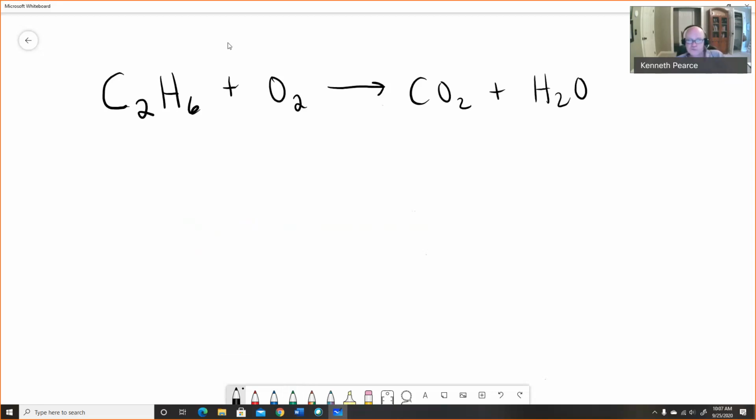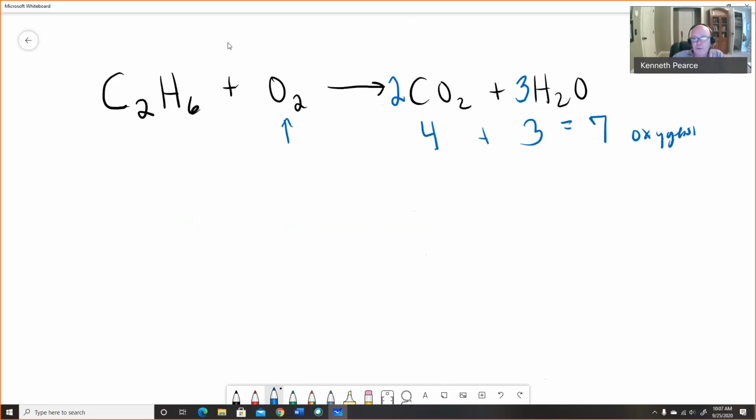All right. So we do the same thing that we did before, which is we say C2, and we come over here and we say 2 CO2s. Carbons are balanced. And we go to the hydrogens on the left. We see 6 hydrogens, and we go to the right and we can get 6 hydrogens on the right, and now we're going to balance our last oxygen. And so we add them up and we say there's 4 oxygens from the CO2, and there's 3 oxygens from the H2O, and that gives me 7